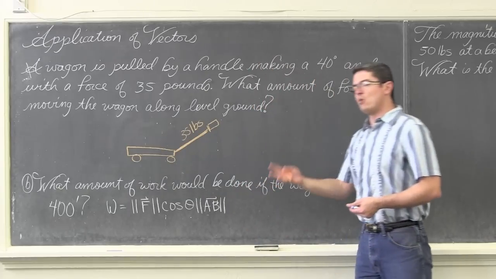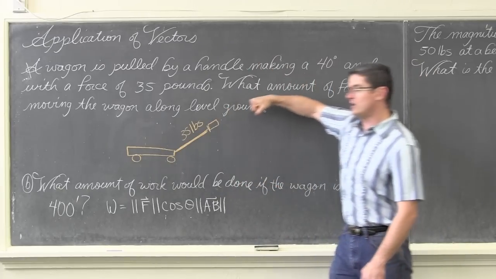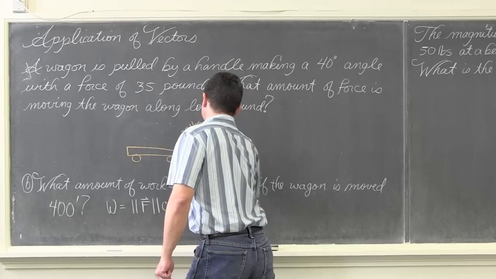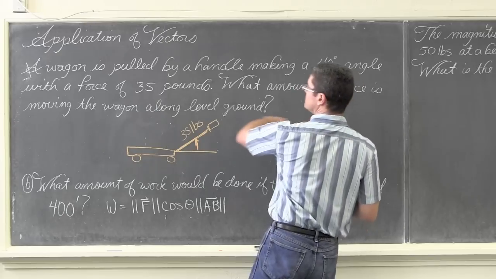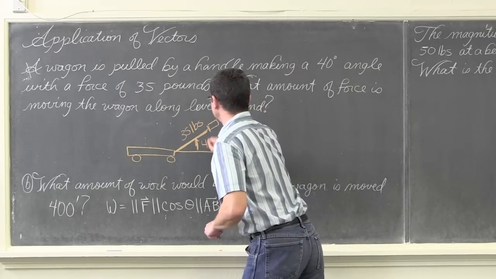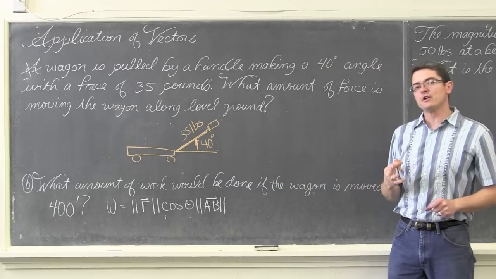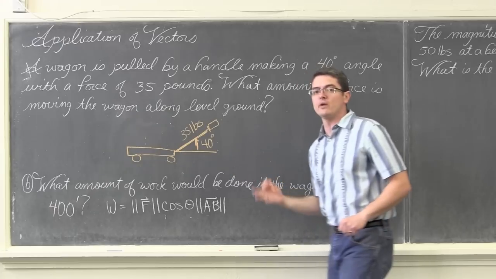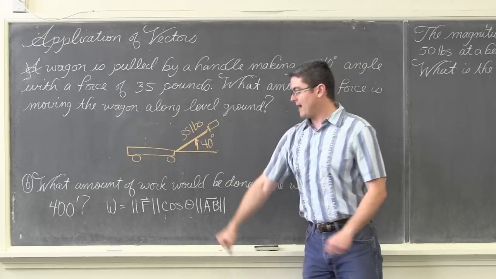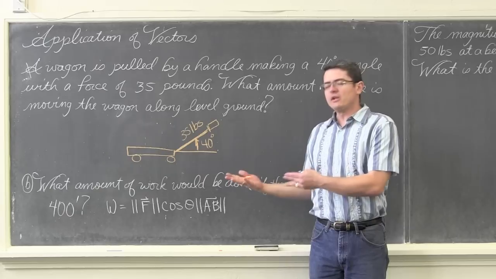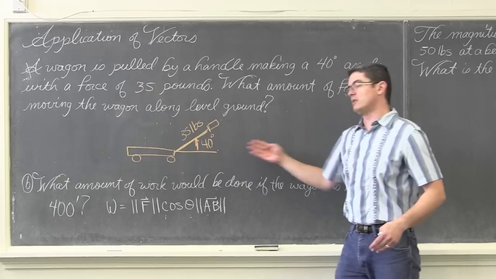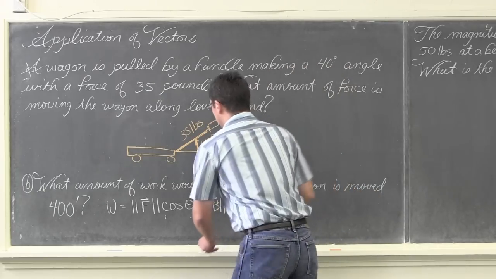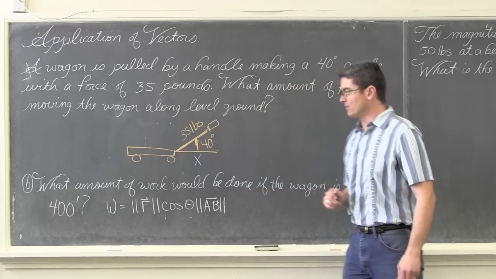Well, that force is being applied, it's being pulled like you're walking and this wagon's following you along. That force is being applied along an angle of, what do we have here? 40 degrees. So, not all of that 35 pounds is being used to pull the wagon. Actually, with this angle, you're kind of lightening the front wheels a little bit. You're wasting some energy, well, only in the sense that we're trying to move it along level ground. So, what is that actual force, though? What is the amount of force moving this wagon along the level ground?